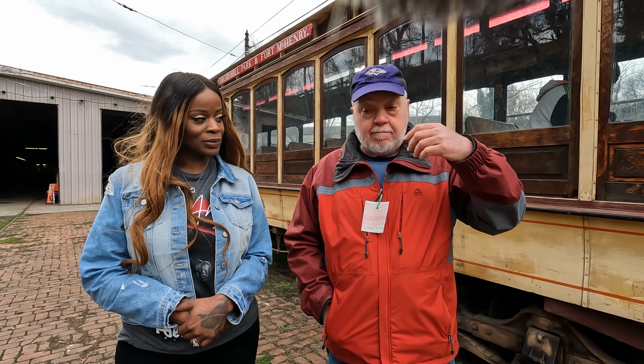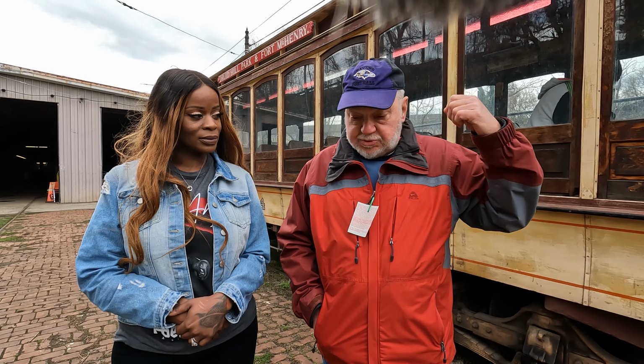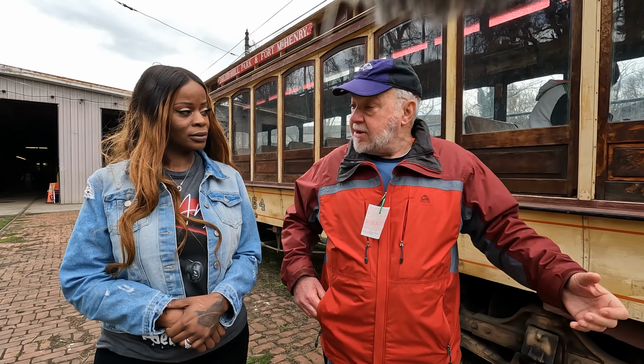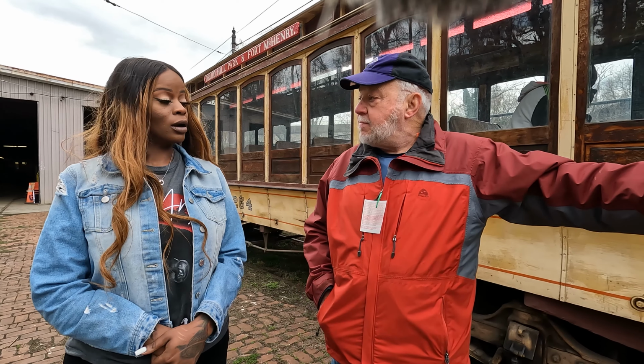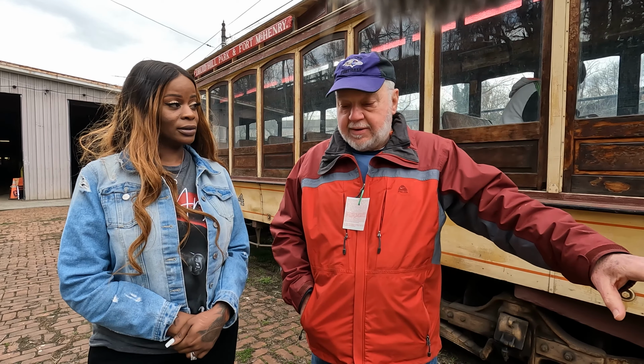The city or some enterprising businessmen ran what were sort of stagecoaches. If you think about the westerns with the stagecoach, they're bigger ones of those that ran as buses pulled by horses that carried people around the city. But they were very rough. They had a tough time in